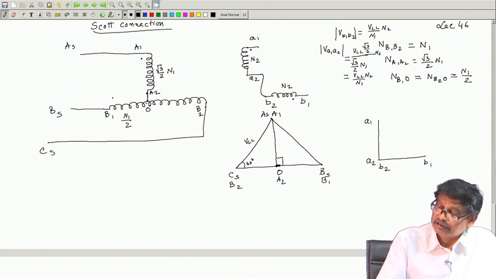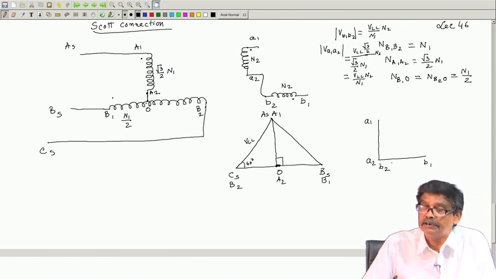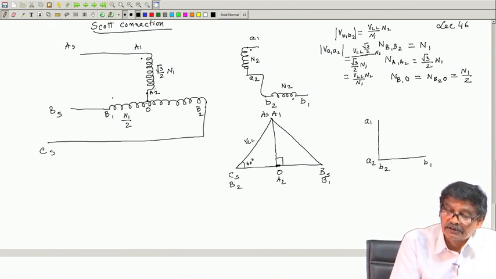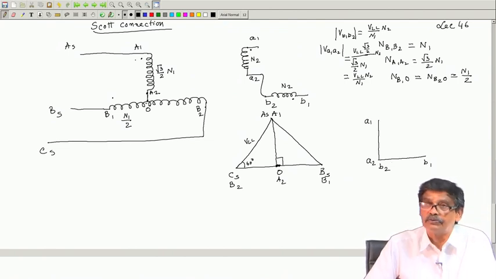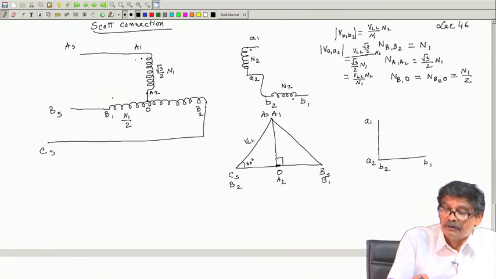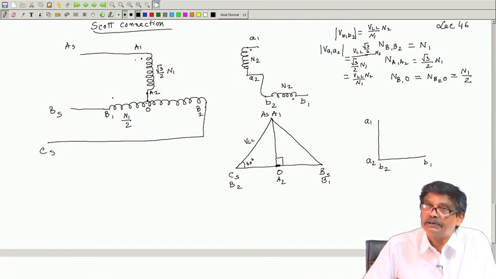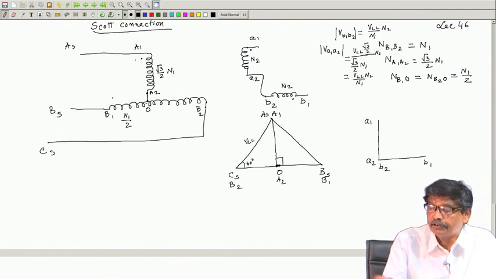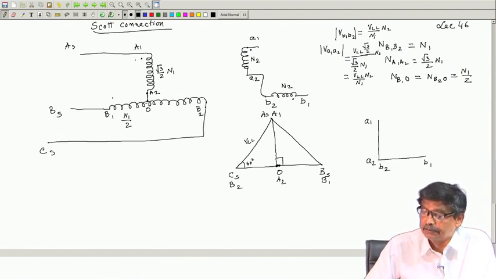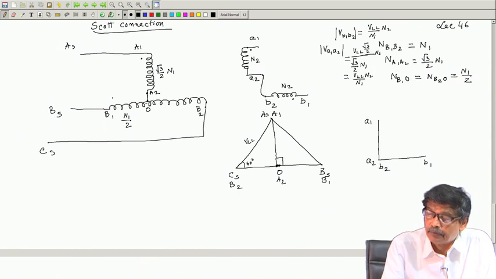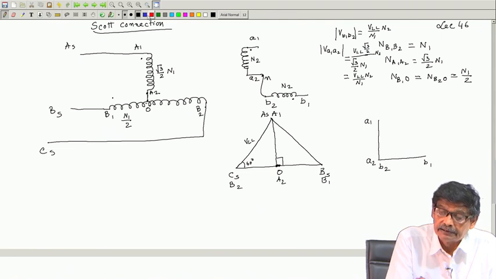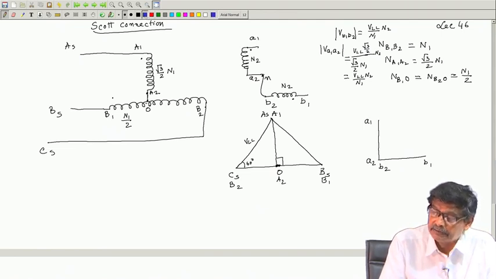So, the magnitude of the secondary voltages will be the same, and that is why you require the number of turns of transformer A to be root 3 by 2 into N1. If you take the same N1 turns, the voltage per turn will not be the same. Our goal is to get a balanced two phase voltage at the secondary points. So, this is the star point and that is what we did, and then we will connect a load here,